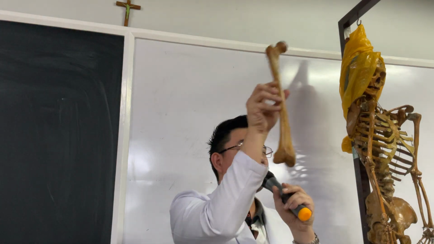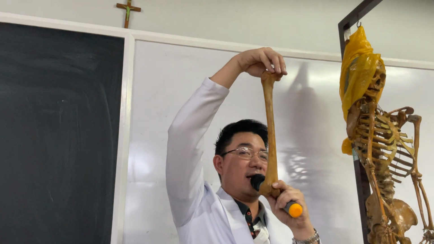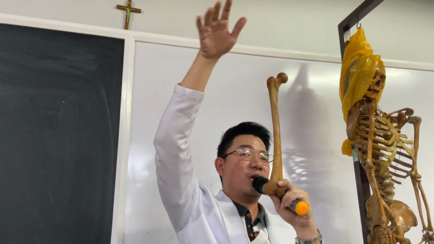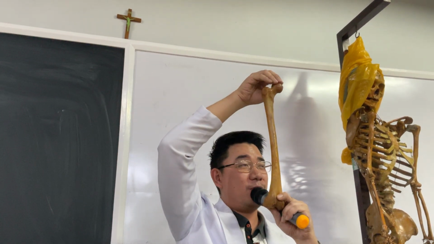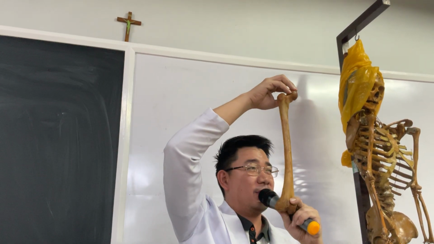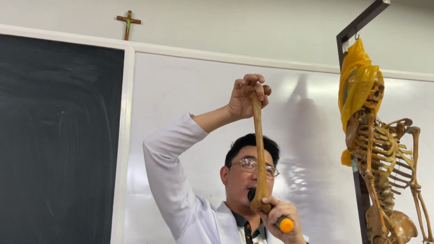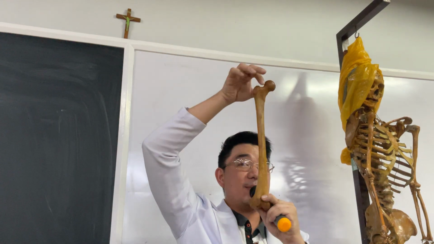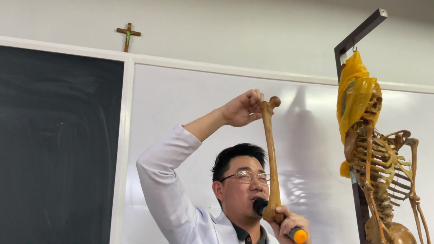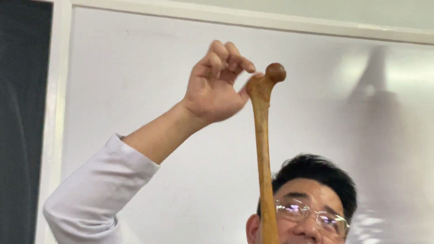So let's go with anterior view first. On the topmost, similar to the humerus, you have a head. But please make sure that you identify this as head of femur, not head of humerus. It has to have a family name. So head of femur, and this one here is the neck of the femur. But there's a specific surgical anatomy for this. This is known as the surgical neck of the femur.